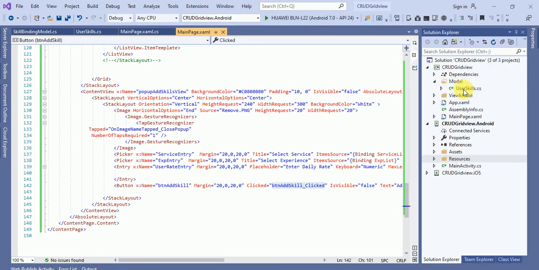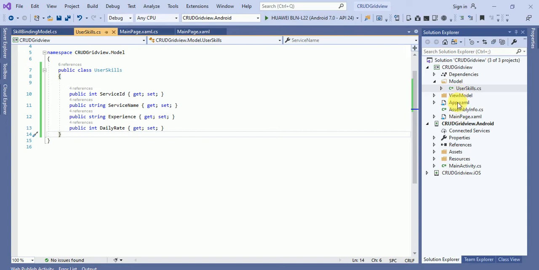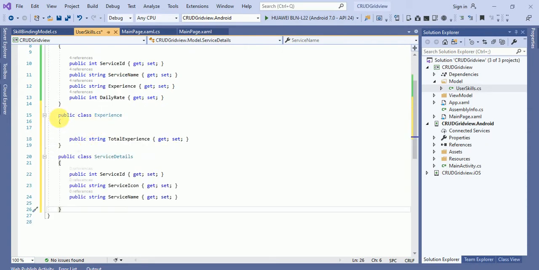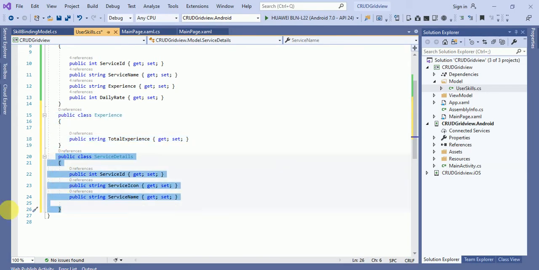We have added user skills, so go in the backend and add two classes. One is for the experience drop down list and the second for service detail. In this experience class we have to add the experience.